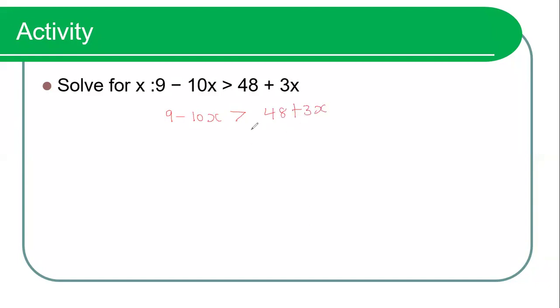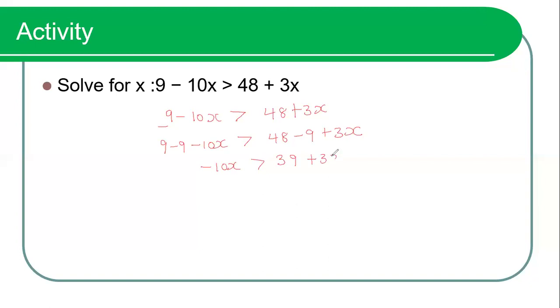Always first collect the like terms. When you look at 9, it is positive, and if I proceed to this side, it will become a negative. So I say 9 minus 9 minus 10x is greater than 48 minus 9 plus 3x. So 9 minus 9 is 0. So I get negative 10x is greater than. In case you are not good at mental math, you get your calculator and find out what is 48 minus 9. You are going to end up with 39,